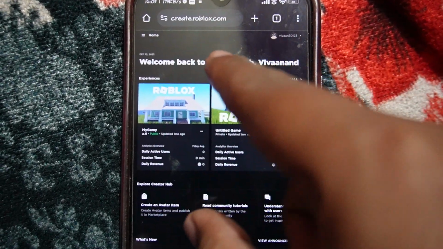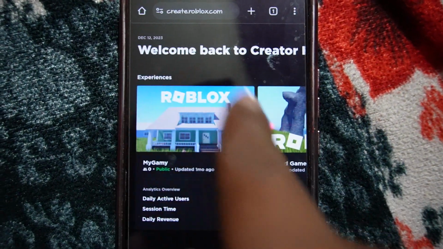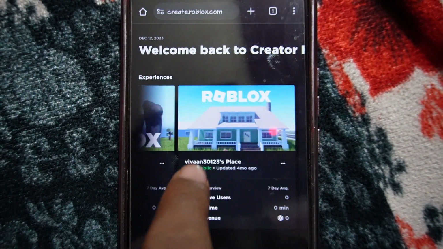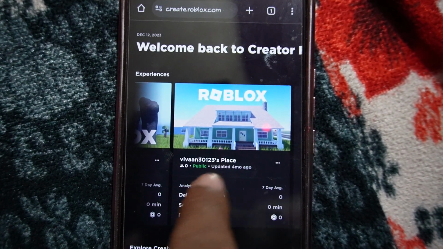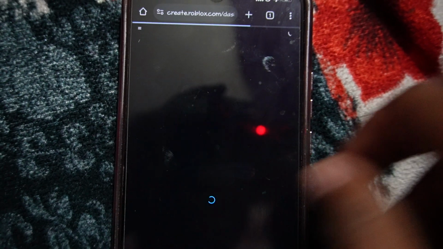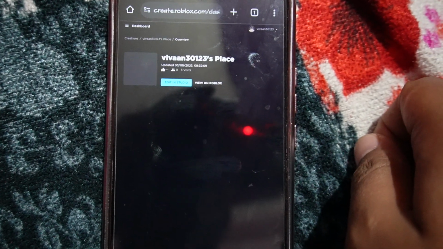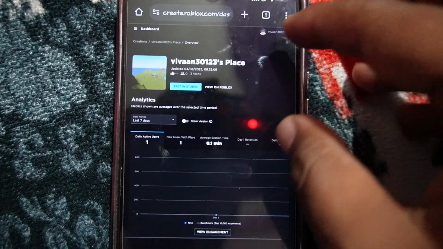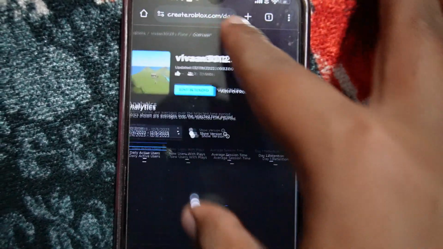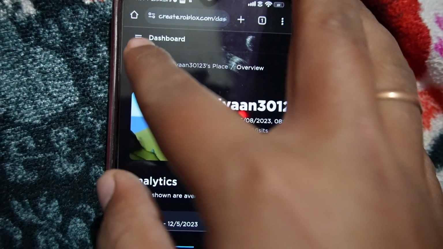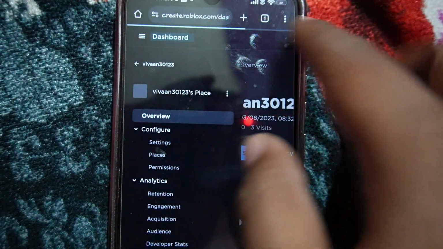Once you tap on it, under the experience you will see the default experience by your username. Just tap on it, and now guys you have to zoom in, and here you will see the menu button. Tap on it